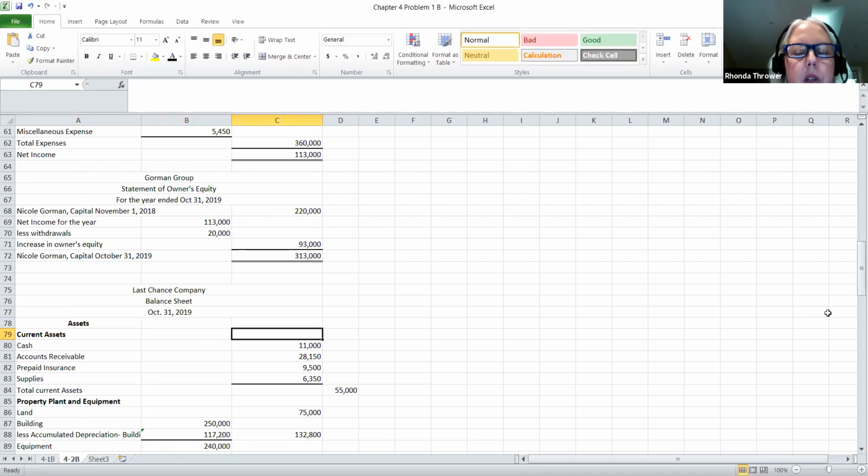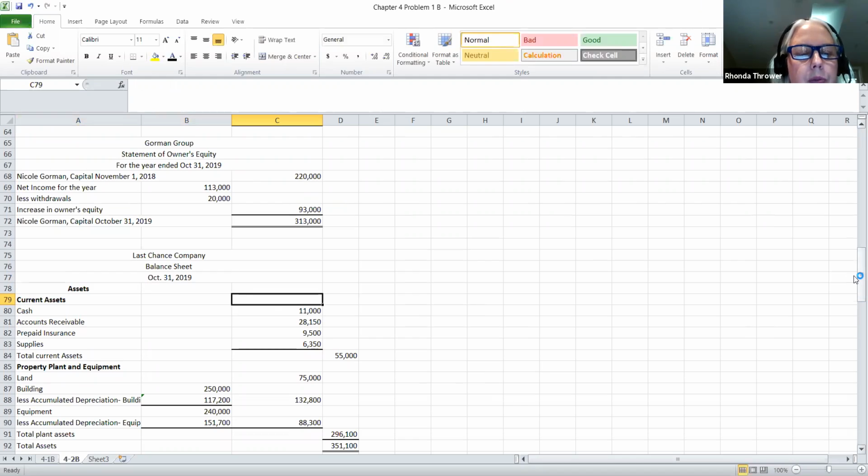Okay, that's better. This is for October that we're preparing this financial statement for, and it's for 1 day because it's a balance sheet. Balance sheets are only prepared for 1 day, 1 point in time, which is at the end of the accounting period. Notice this balance sheet, I broke it down, the assets down into current assets and property, plant, and equipment. This is what we call a classified balance sheet because the assets have been broken down into current assets and